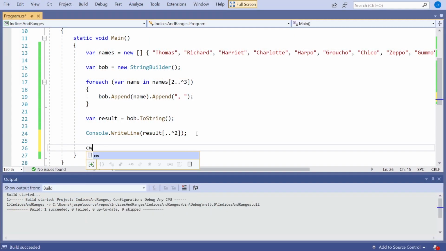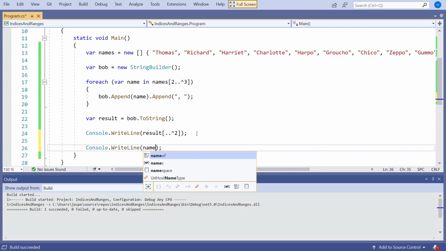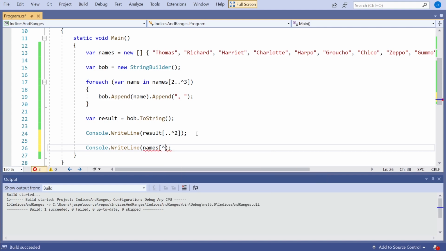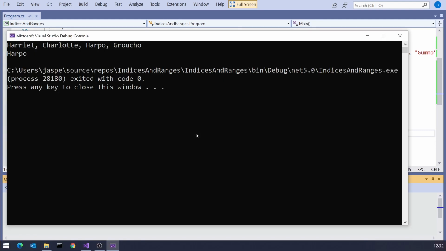The other thing that you might think would be quite nice, and is available, given we've got this idea of "in from the end", wouldn't it be good if we could also use that not as part of a range, but just as a single item? And we can, because that's where we get the idea of an index. So I could also, on here, do something like names, and then if we wanted the 5th in from the end, I could do hat 5 on there. And so now we can see we are getting the 5th one in from the end, which is why we've got the harpo in there. So, useful idea for the index.